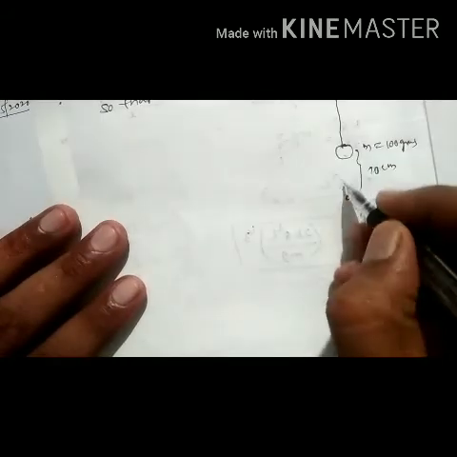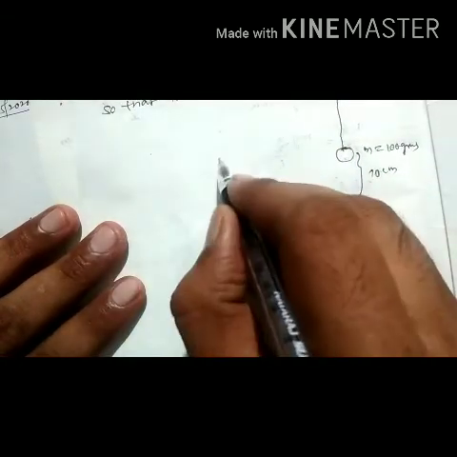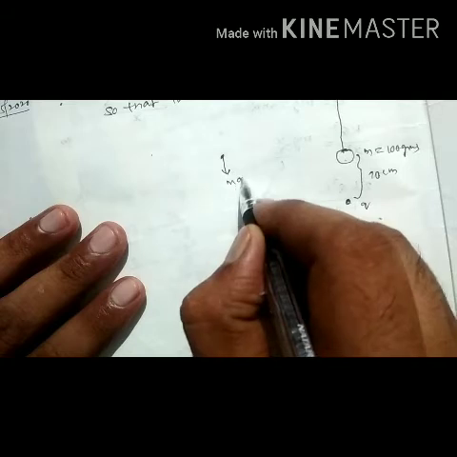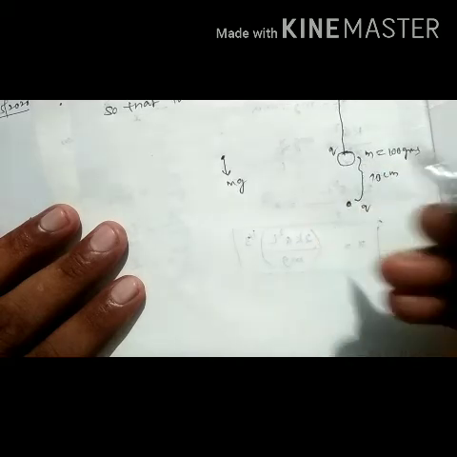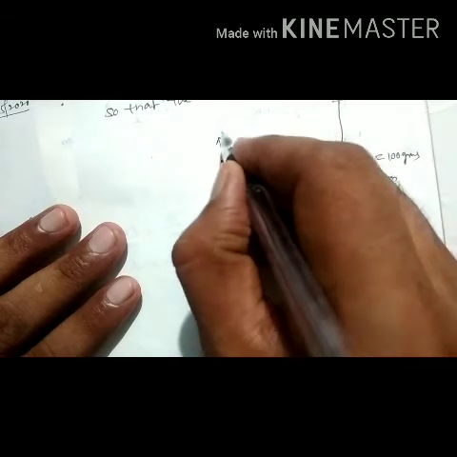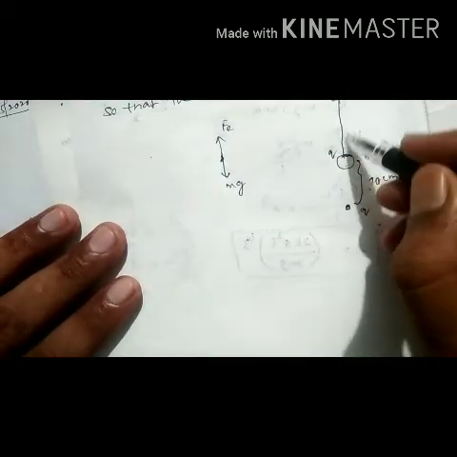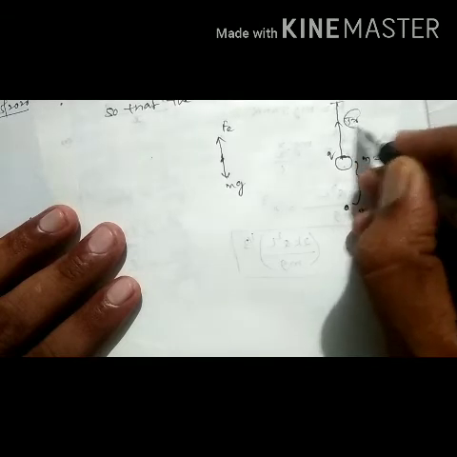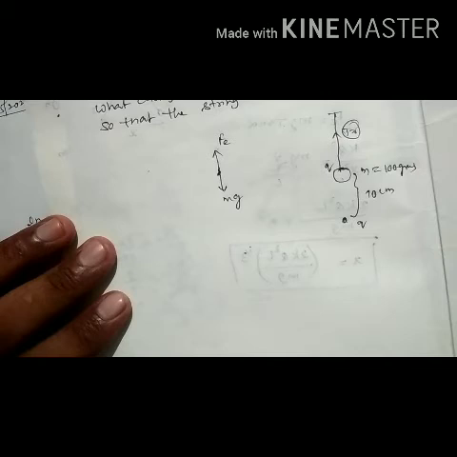How can we consider the weight of the bob? The weight of the bob is acting downwards. If this also has some charge, what charge should be placed on the bob? You have to find q. Then the electrostatic force will be equal, and if both forces are equal, then there is no tension in the string. So the tension in the string becomes equal to 0. Like this you can calculate. You have been given the data, so you can use the concept.